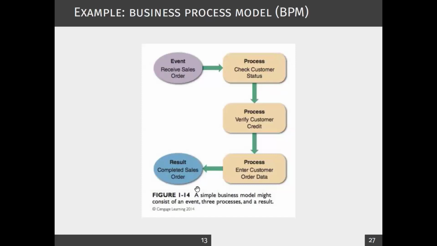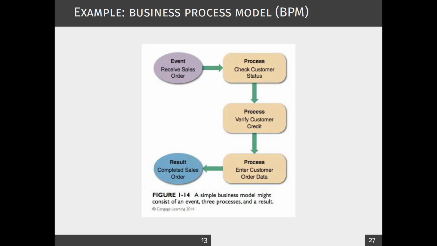right? So I told you, one of the aspects of this module is mapping, or the use of graphical tools to explain to your top management about different aspects of the organization. So here is a simple example. This is called a business process model, or BPM, which graphically shows you one of the business processes. So what happens here